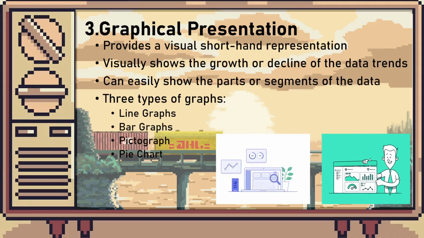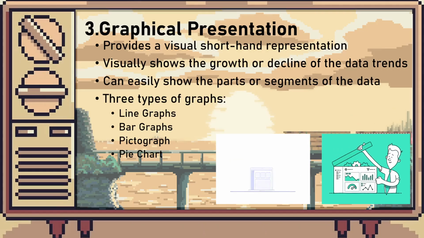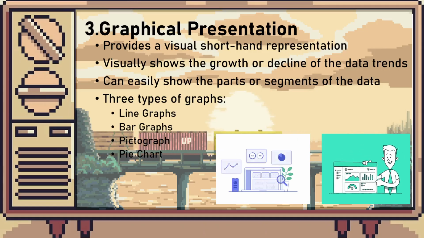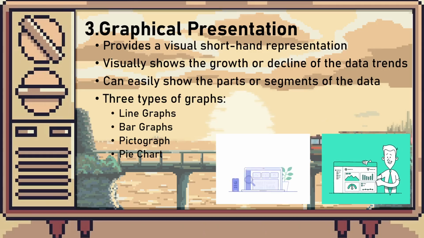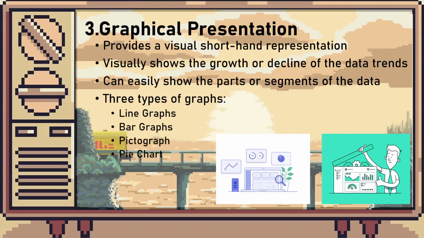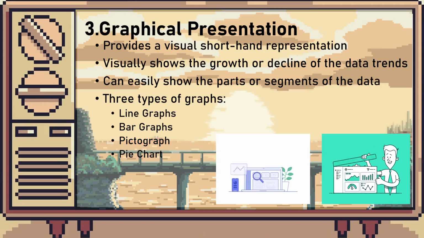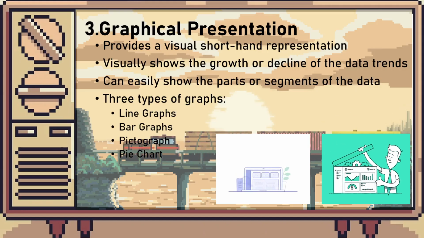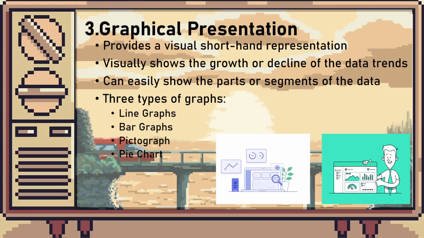But because our mind is fine-tuned at seeing patterns and figures, it is easier for people to understand what you meant for your research. So it basically simplifies the process of analyzing, no? It's also important for visually showing the growth or decline of data trends. Essentially it gives you a lot at a glance, but it does not give you the entirety of the whole. So it is more ideal to be utilized in a presentation.